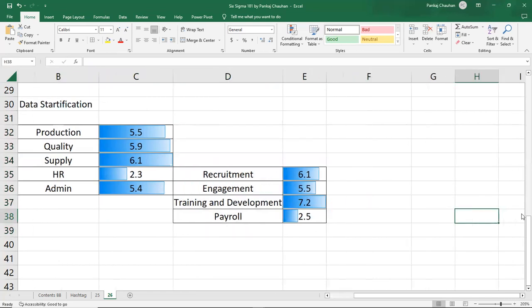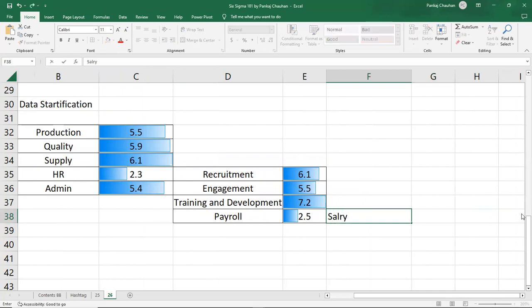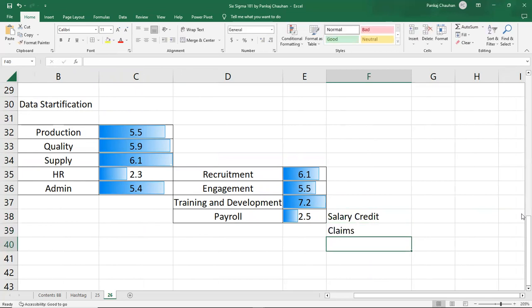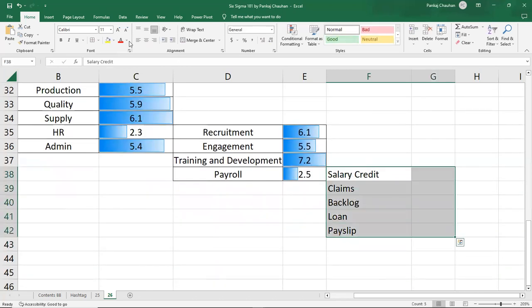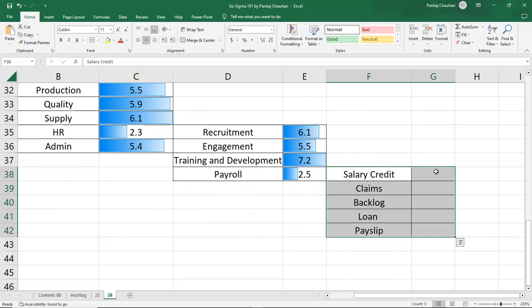And when we talk about payroll, in the payroll itself, you do many activities. Suppose you do the salary credit. Then maybe you are processing the claims. You are clearing the backlog, like arrears, in case any payment is pending. You are doing the calculation of loans in case an employee has taken one, and maybe you are processing the pay slip. This is my level 3 data stratification, and I found in level 3 data stratification, salary is always